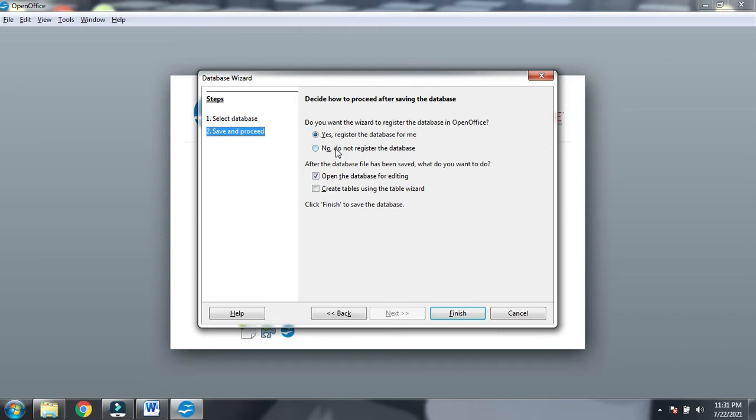Right now I do not want to register it for other software like Writer or Calc. After a database has been saved, what do you want to do? Open database for editing or create tables using wizard. This we will see after some time. So first we will click on open database for editing and click on finish.